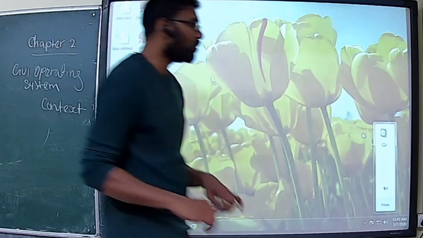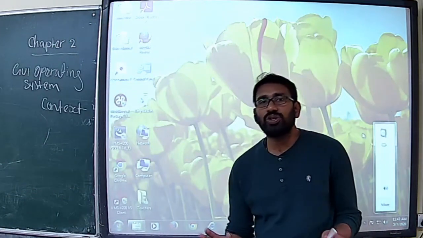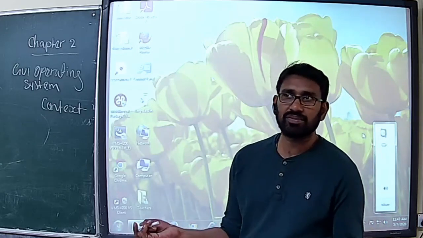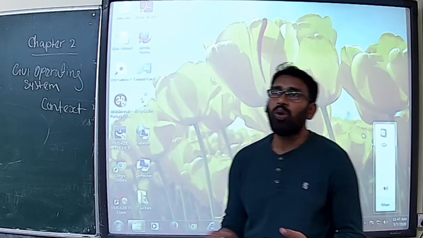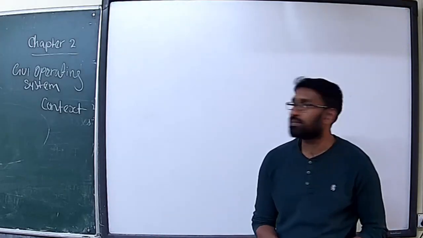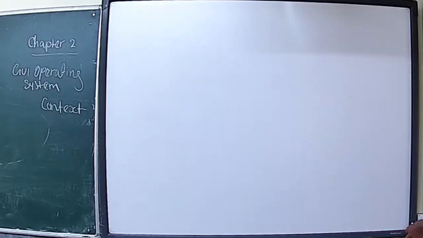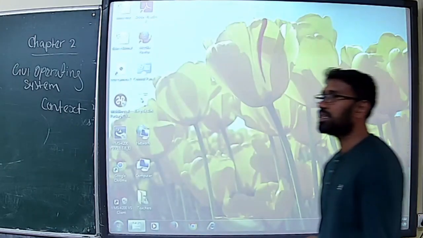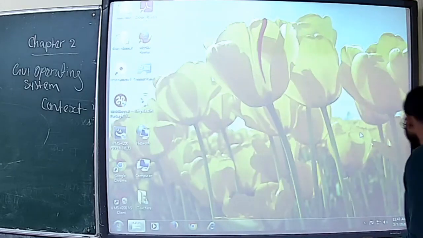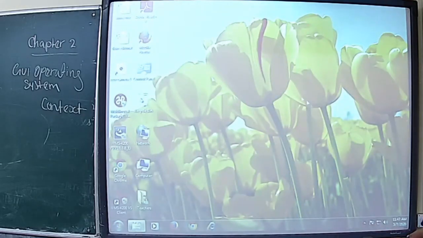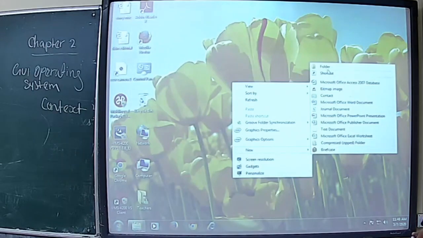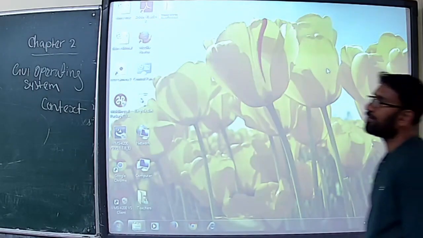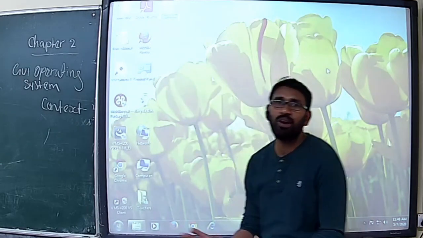Before that, I will teach you how to create a folder and rename, copy, paste or move it to the destination location. So first I am going to create a folder. How to create a folder in Windows? It's very simple. On any area of your desktop, right click your mouse. You could see a New option. Choose Folder.